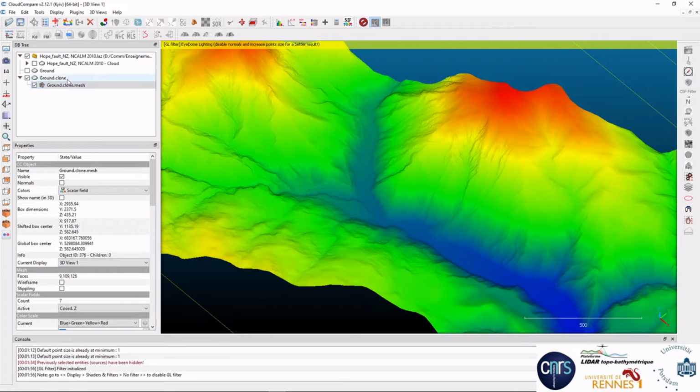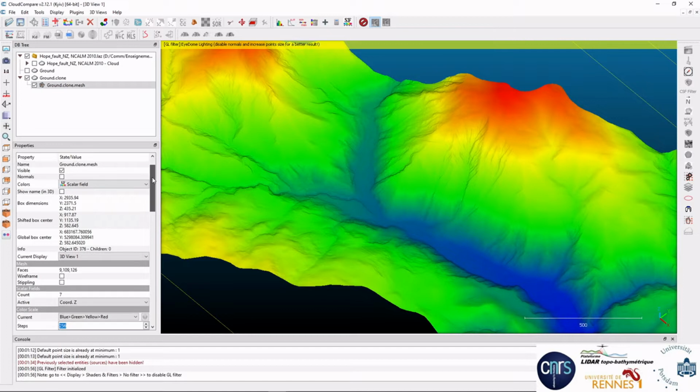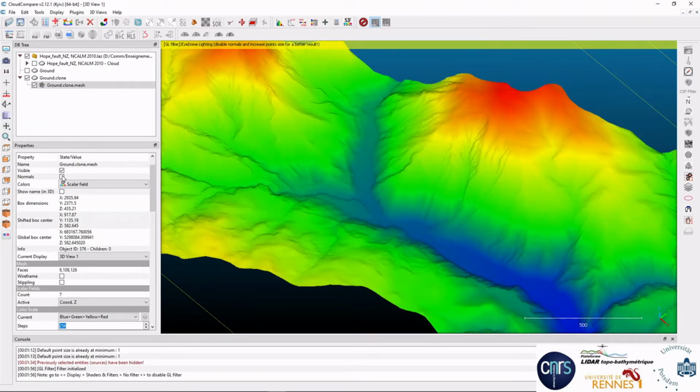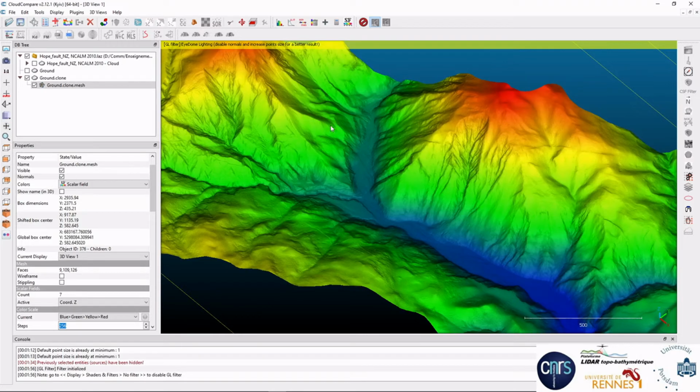You have a new item in the database tree with this shape. This is a mesh. As you see, with the mesh, you also have a new item, the normals, which you can activate or deactivate to have a certain visibility.